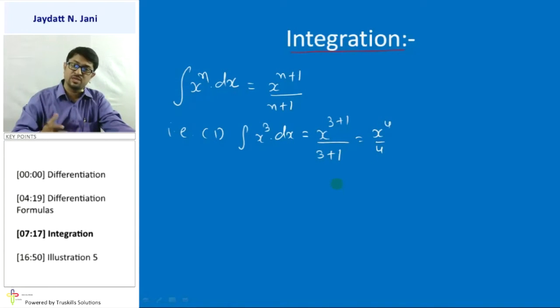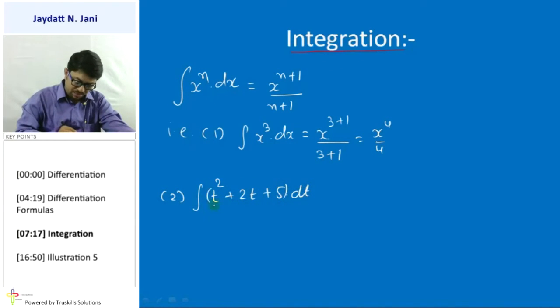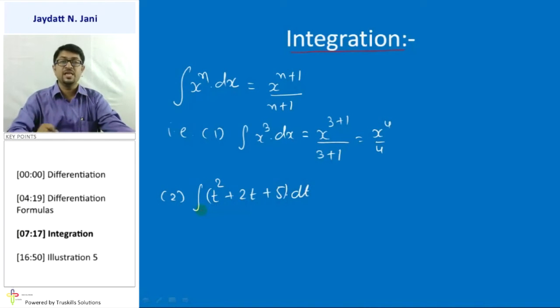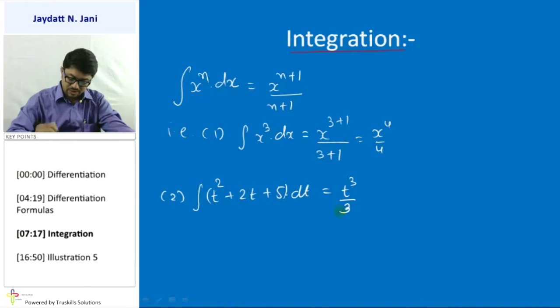जैसे एक का होता है वैसे सबके लिए हो सकता है. Integration of t square plus 2t plus 5 dt. यहां पे पूरा इक्वेशन t के फॉर्म में है तो इंटीग्रेशन भी t के फॉर्म में करना है. So now here t square becomes t cube upon 3, plus 2t है तो वो बन जाएगा 2t स्क्वायर बाय 2, प्लस